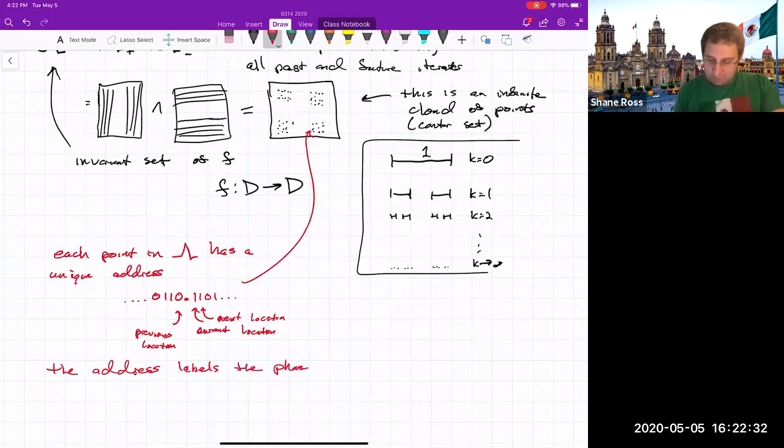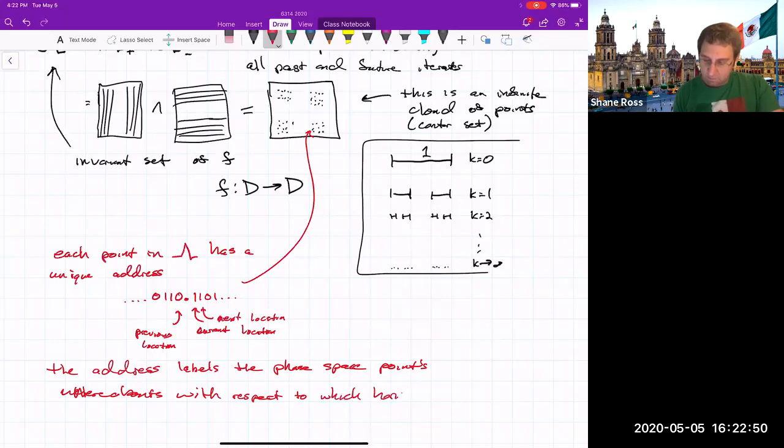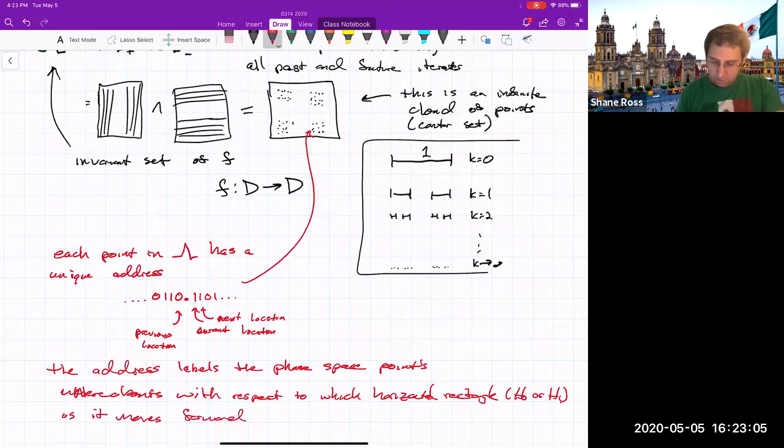So the address labels the phase space point's whereabouts with respect to which horizontal rectangle, H0 or H1, as it moves forward and backward in time. So that's kind of cool. We went from